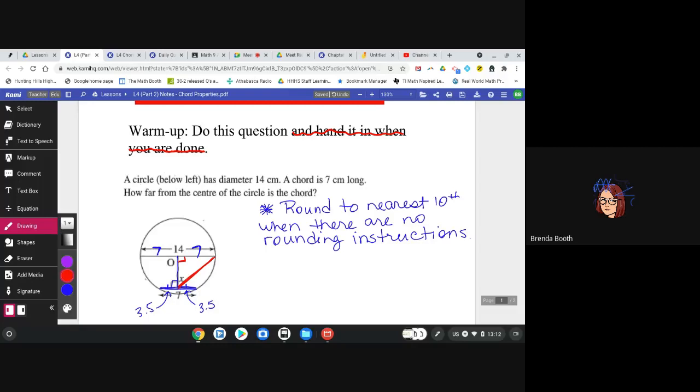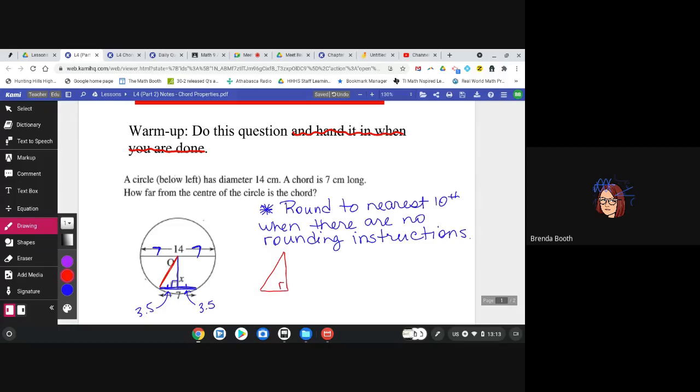So make sure when you are trying to make a right triangle that you draw on a radius. So I could draw that line here to make a right triangle. I could also draw that radius right here to make a right triangle. The other thing that makes life a little easier for people, and not everybody really feels they need to do this,